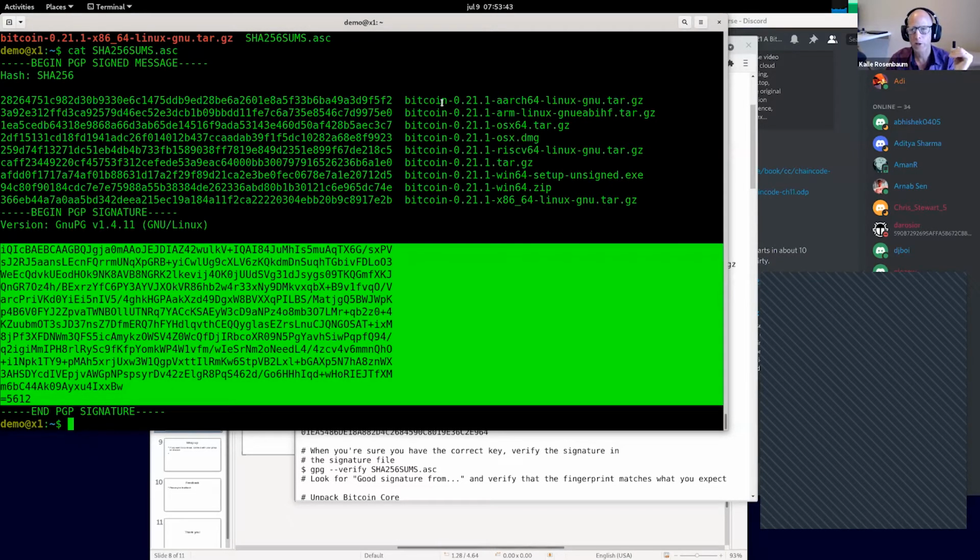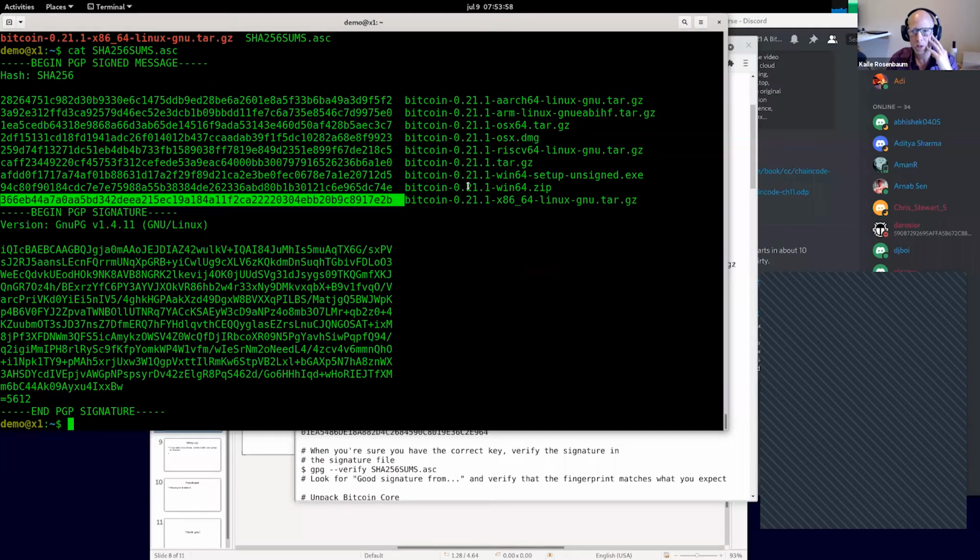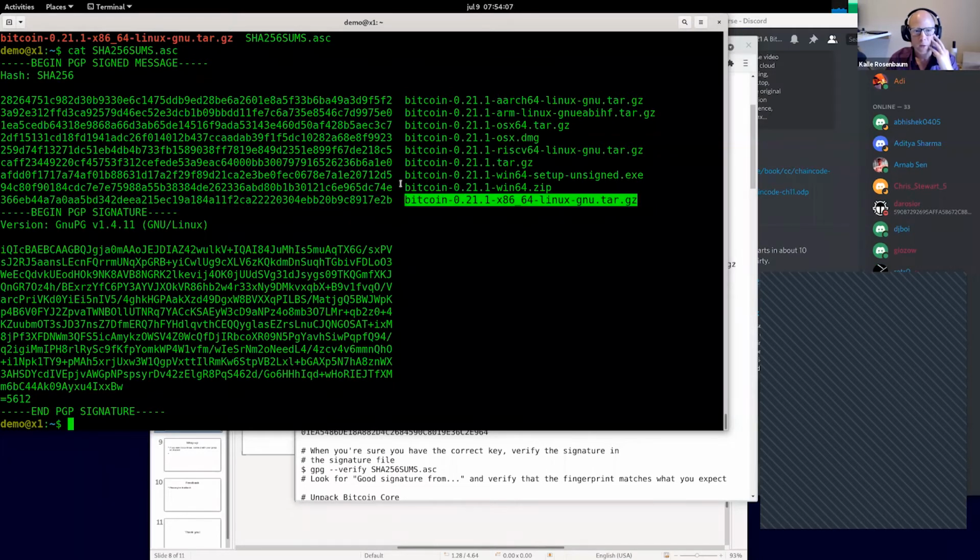architecture and operating system. So if you're running Mac OS, you should be downloading this one. And if you're running Linux, you should be running this one. And Windows should be, actually, I'm not sure if it's this one or this one. Anyway, so this is the signature file. And to verify